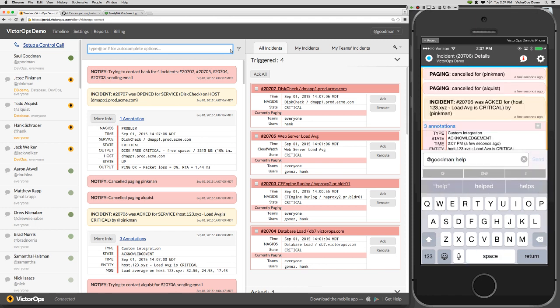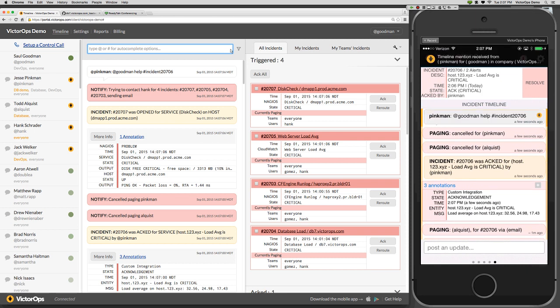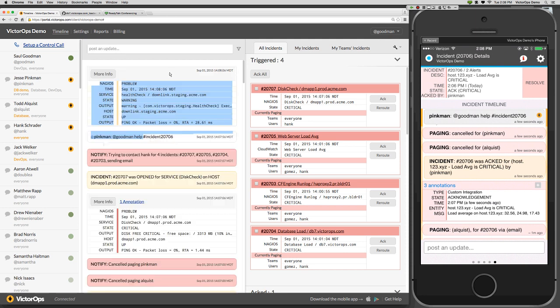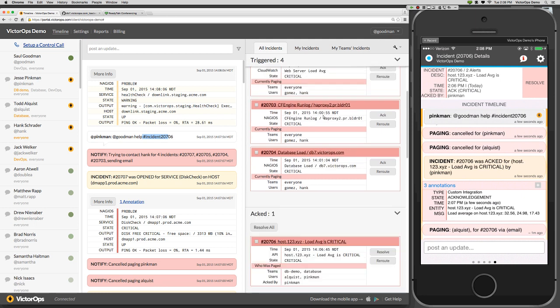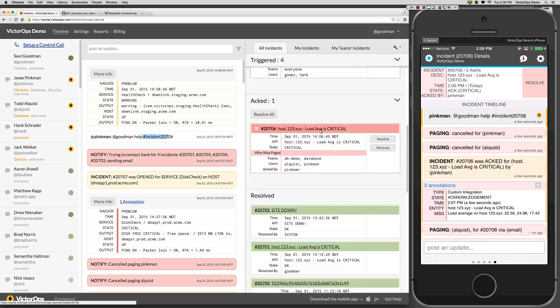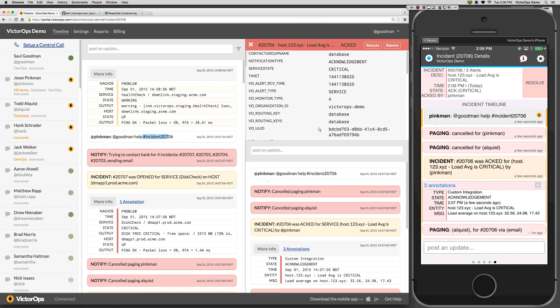And I'm sending a note to Goodman. So what's happening is Goodman's in the platform. He sees that a message came from Pinkman, he needs help. And notice that we have a specific incident number attached to that. So Goodman can easily come down. As you can see on the right-hand side of the incident pane, there are several different incident numbers. You can see the exact one that he needs help with. Click on that incident, and now he's within the individual war room with Pinkman, and they're working together to